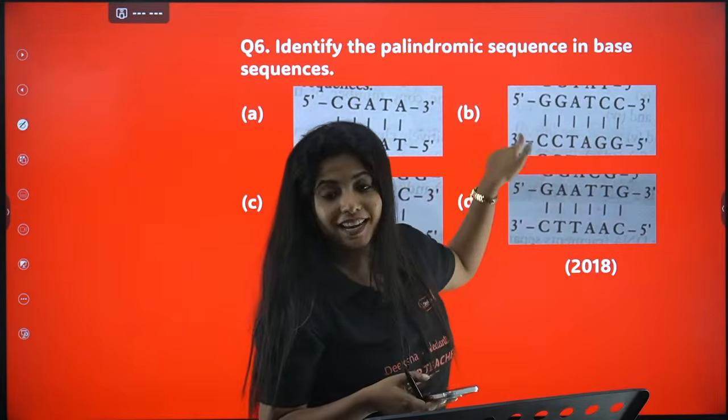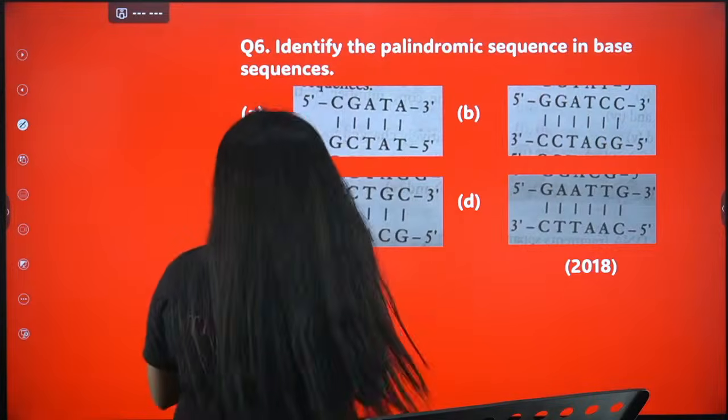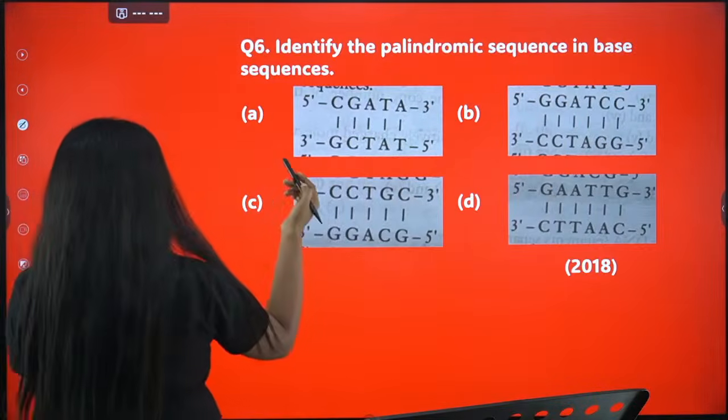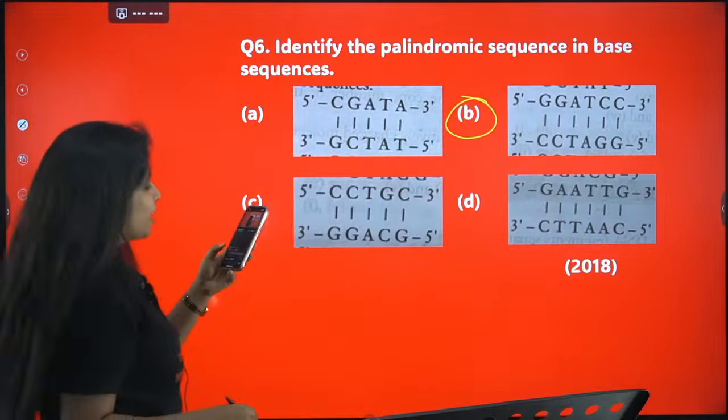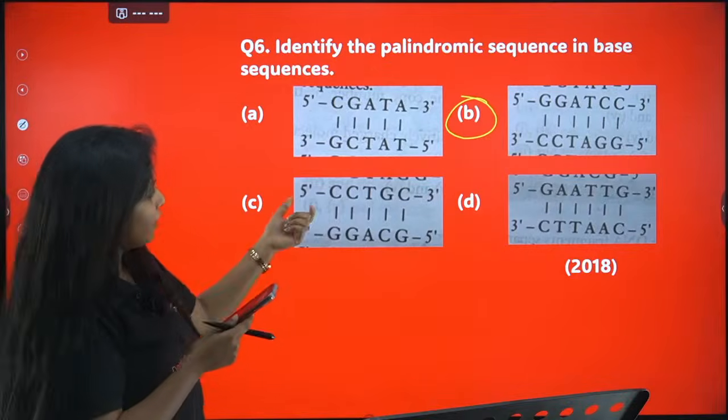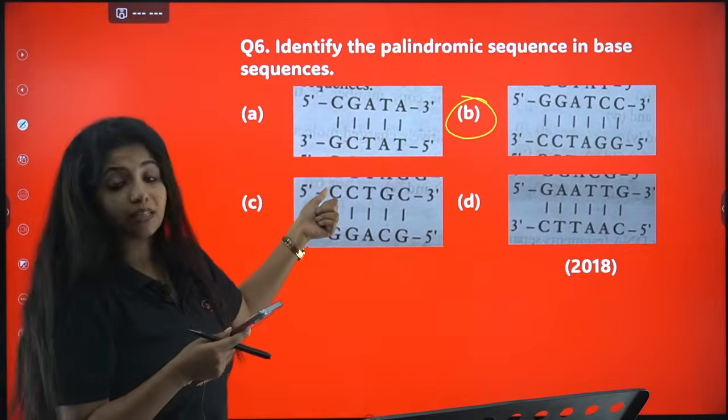GGATTC. You see, it is read in the same way. Mansi says the answer for this is B. I think I also have to lock it as B. Kudos to you, Mansi. Well, over here, my dear children, as you can see, it starts with C, but here